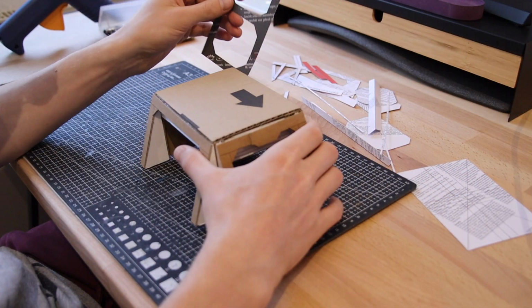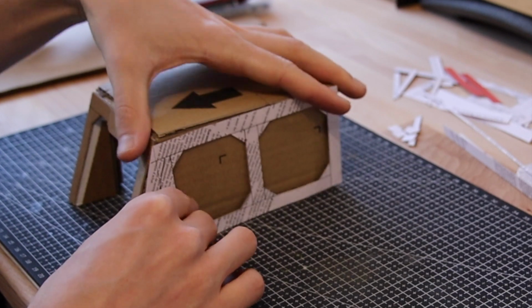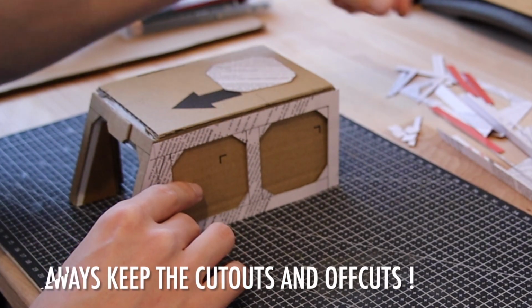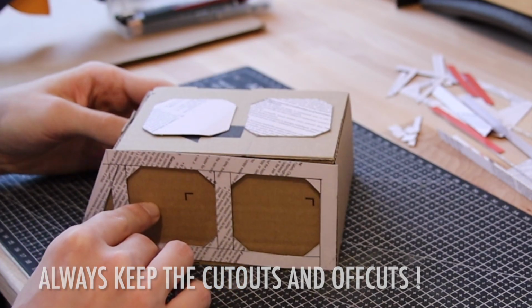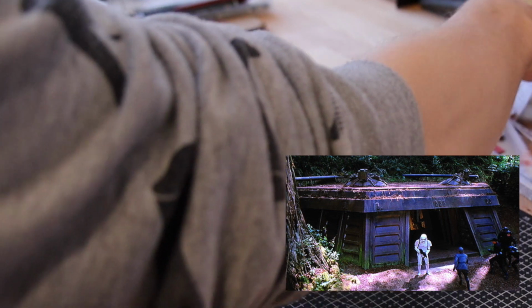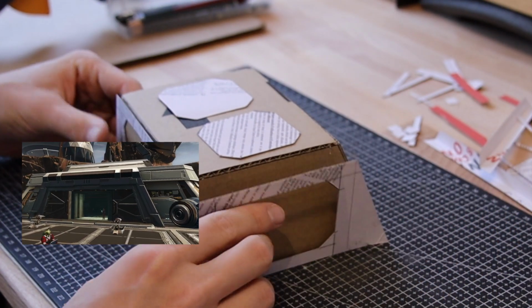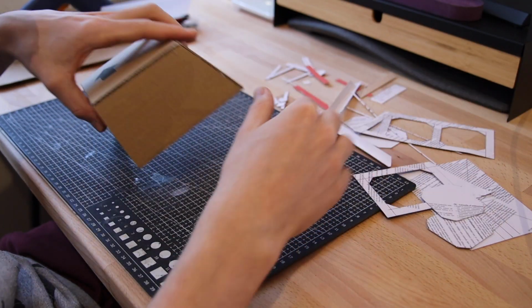And here you can see me doing the detail work on the building. These are just thin cardboard cutouts, and I just cut out forms I liked. I oriented myself a lot on Star Wars buildings, on Star Wars artworks with these classic Star Wars forms. And because it's cardboard on cardboard or paper on cardboard, you can glue this on with a glue stick and